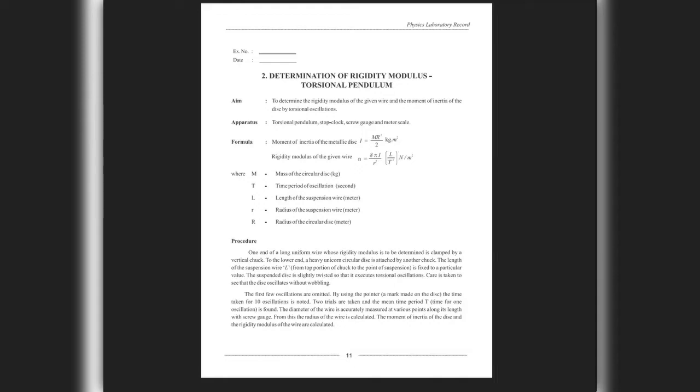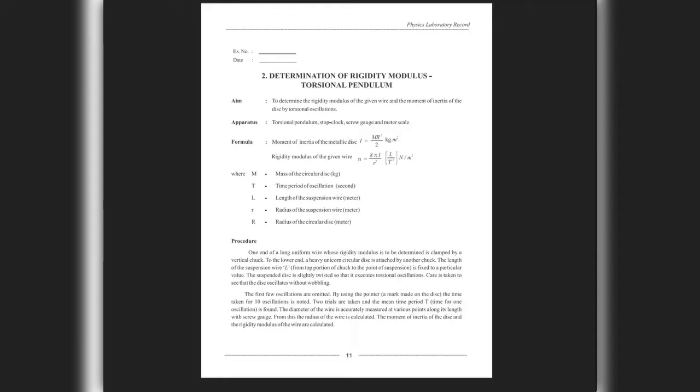In this experiment we need to find the moment of inertia and the rigidity modulus of the given wire. The formula for inertia I equals mR squared by 2 kilogram meter square. The formula for rigidity modulus of the wire is n equals 8πI by r to the power 4 into L by T square, in Newton per meter square,